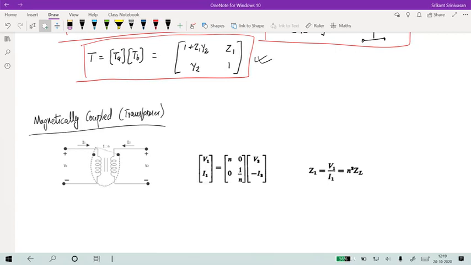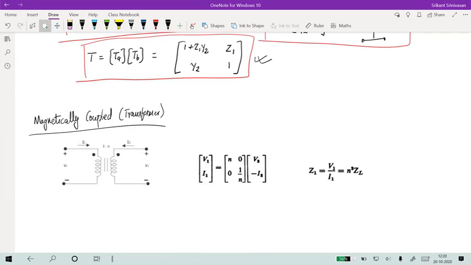So if you have a transformer with a dot here and a dot here, it means that if there is a positive voltage applied at the dotted terminal, there is a current flowing in. This will create a positive voltage at the other dotted terminal and current will flow out, right? So that's what happens in the basic mutual inductance circuit or a transformer circuit. Here I can have a voltage V1 here and a voltage V2 applied here. V1 results in I1 flowing in, V2 results in I2 flowing in.